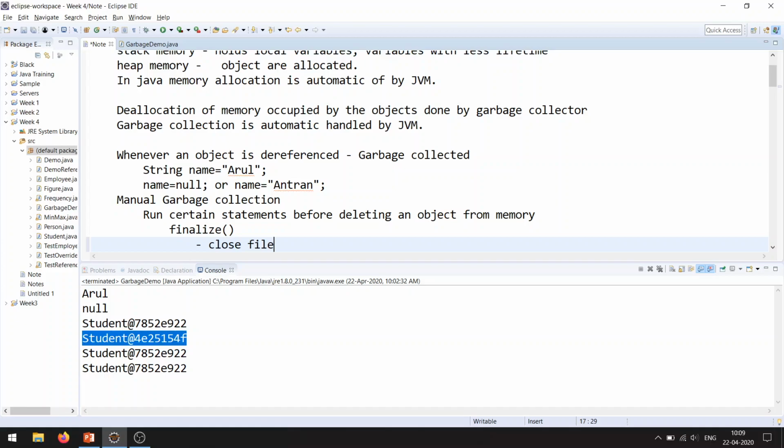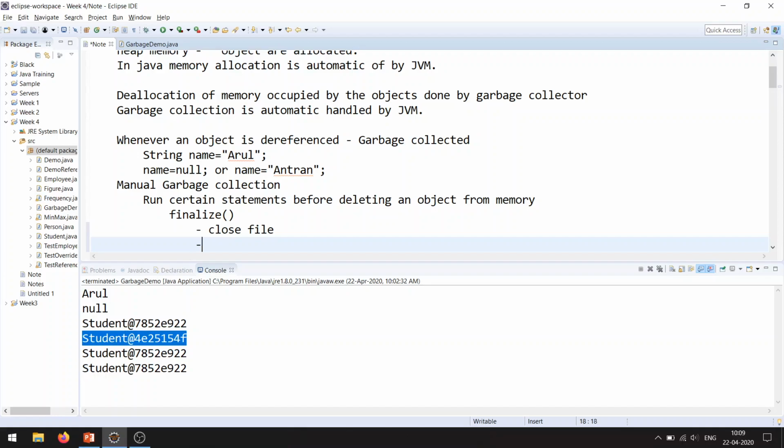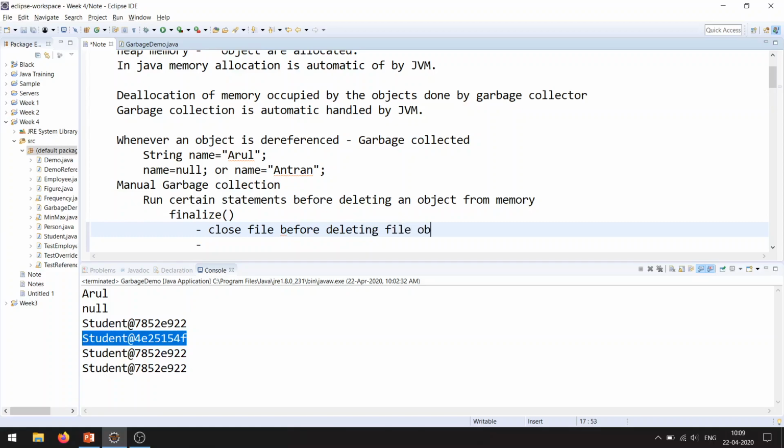In that case, before deleting the file object, you have to close the connection, right? So closing the file is an important task before deleting. So closing the file before deleting the file object is a job you have to do.